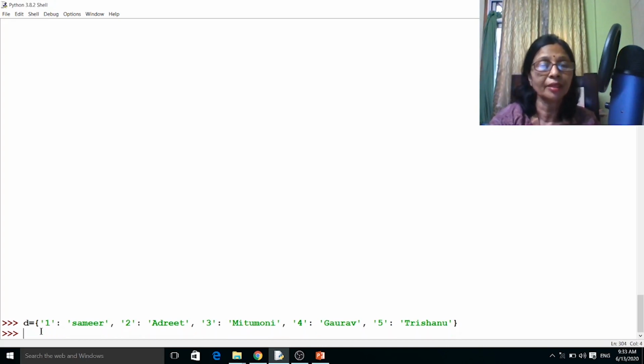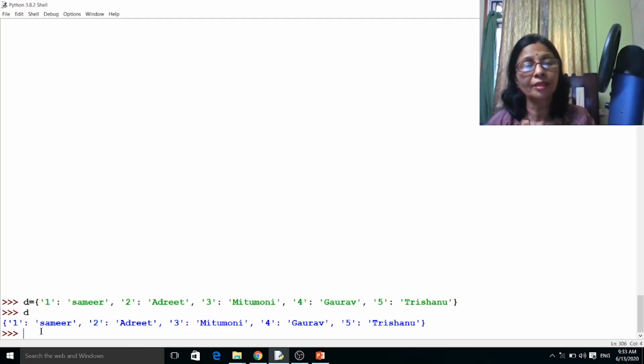Now enter it. To print the dictionary in interactive mode, we just give the name of the dictionary, so in that case there is no need for the print statement. Here you can see it is showing the set of values, the sequence in the dictionary, enclosed with curly braces.